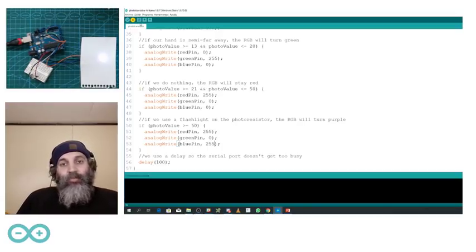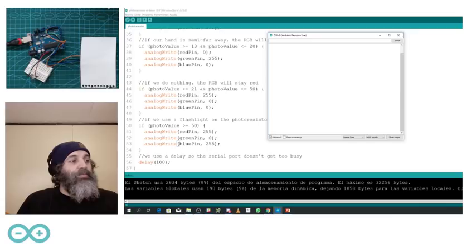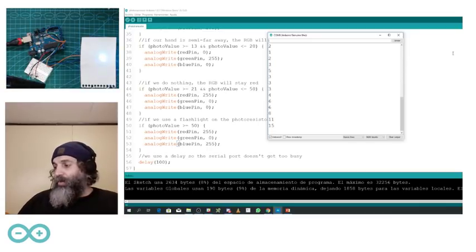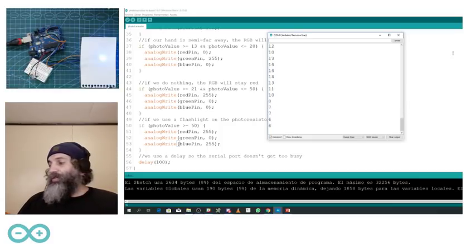So now the code is properly written. Now we'll just check with the lights that the readings are okay. You see the readings, and you see now clear changes in the light intensity. Well, you don't see it, but I can tell you the light goes from blue to